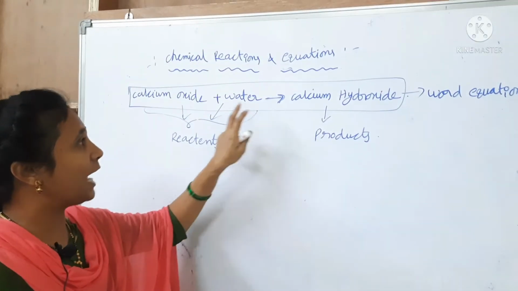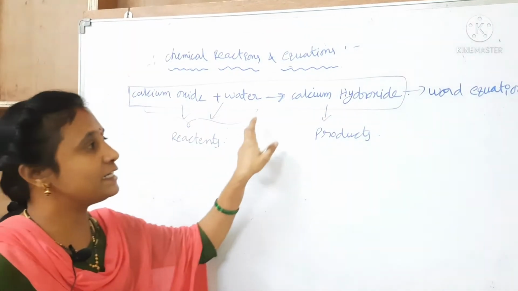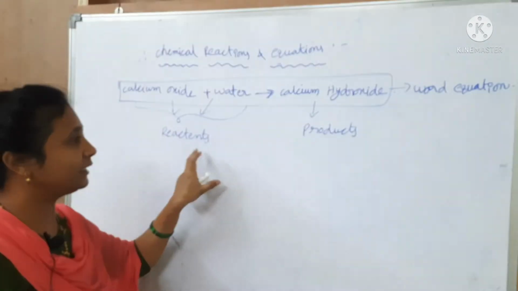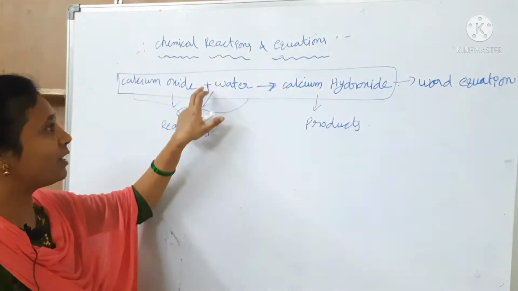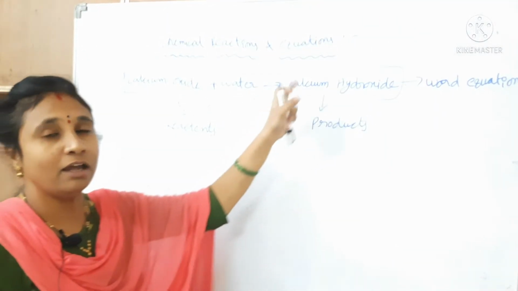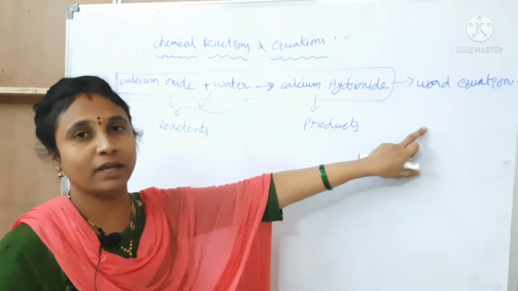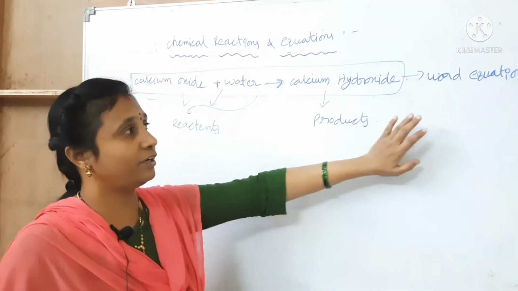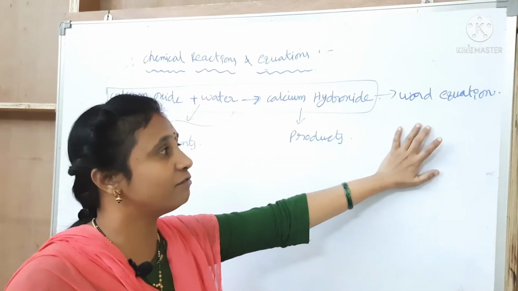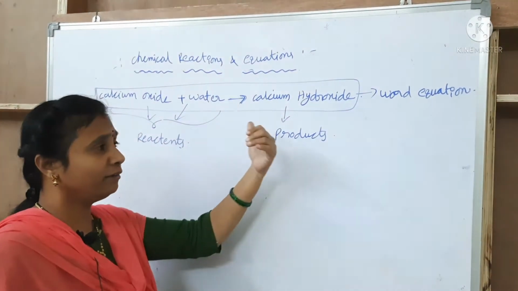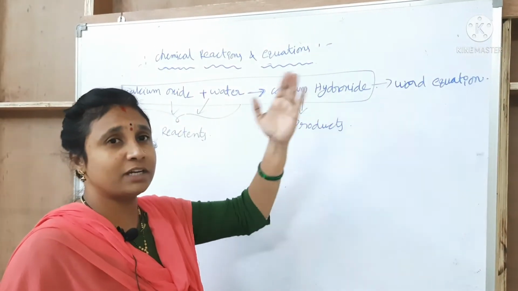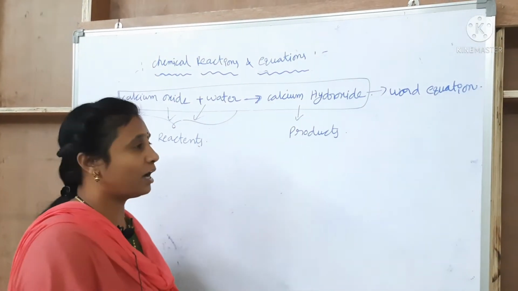The left side of the arrow mark shows the reactants. The right side of the arrow mark shows the products. The arrow mark separates both the reactants and products. The plus mark shows one or more reactants and one or more products. Okay, is it understood? This is the word equation. By using the word equation we can easily tell about the chemical equation. We can easily write the chemical equation in another form by using the compounds.